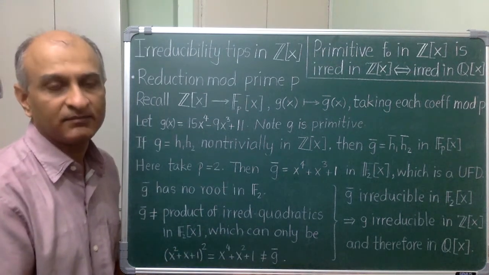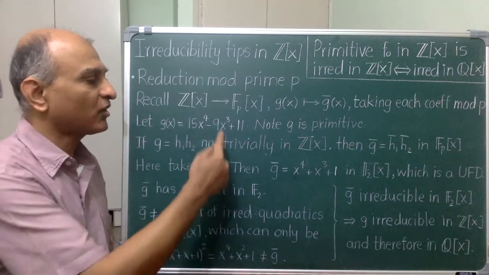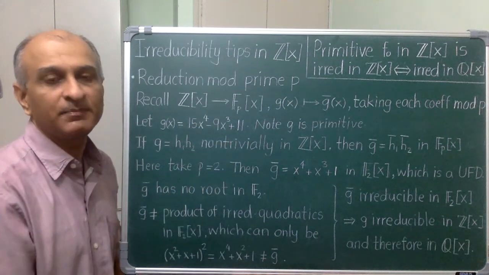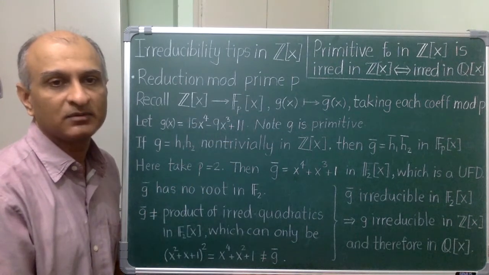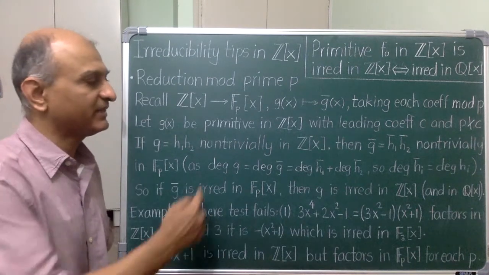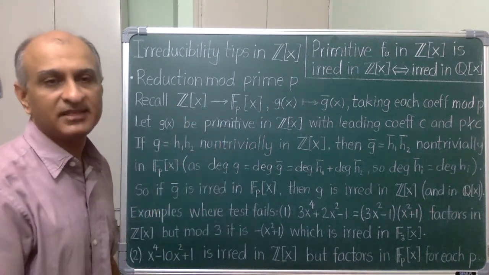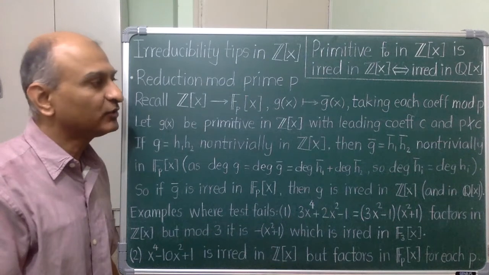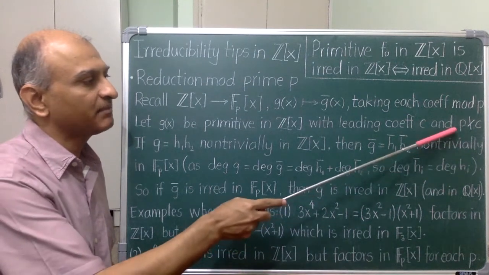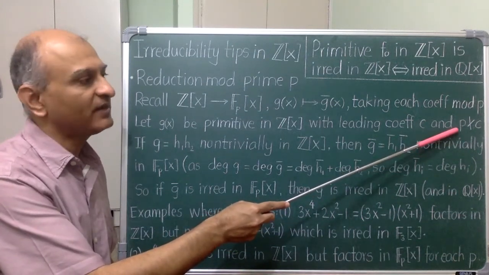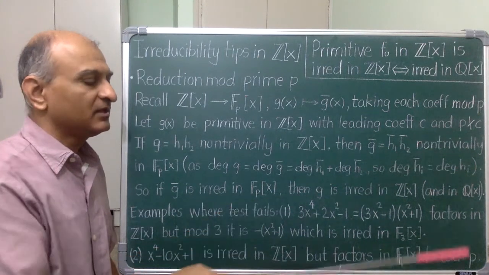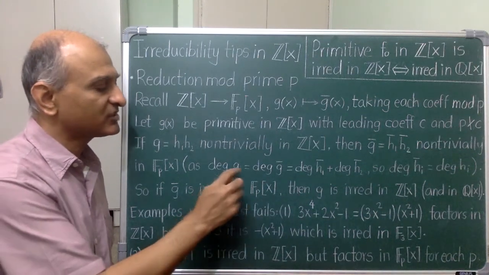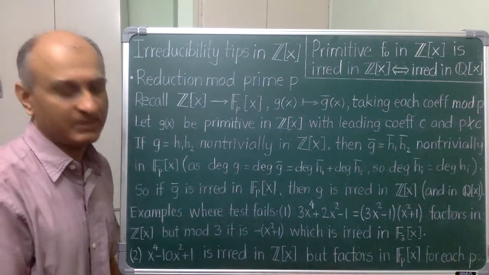So I am done. Now you should try to formulate this reasoning as a general principle. So try that now. I have written the general statement here with the exact same reasoning. The only thing to note is the hypothesis that the prime p should not divide the leading coefficient. This ensures that the degree does not drop when I go modulo p.